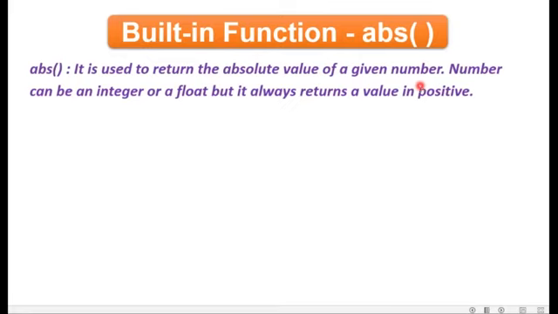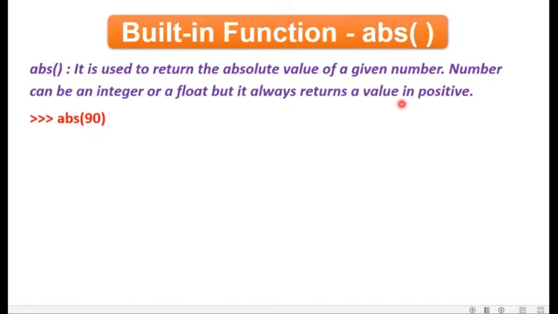That means whatever the value is there, it will return it as it is. But where is the difference? Number can be an integer or float, right? But it always returns a value in positive. So if I write any negative number, it will return me the number in positive. But one advantage of using the ABS function is that it will convert the negative values into positive, but it will not alter the value,